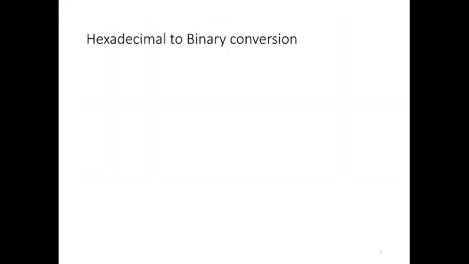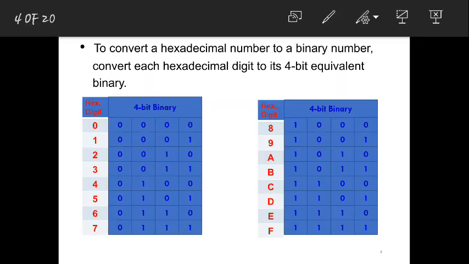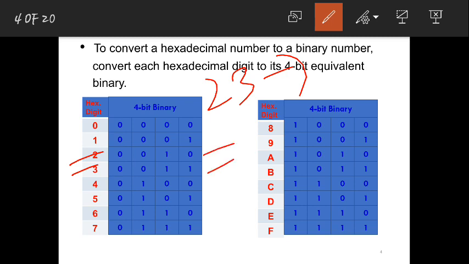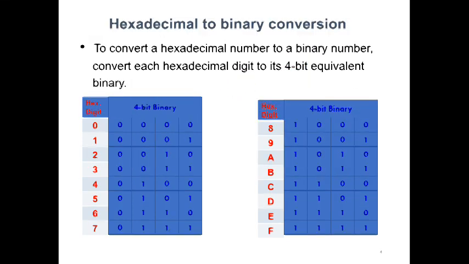So now whenever they ask you to convert from hexa to binary, you can directly write. Whenever they give you some hexa number like 2 3 and ask to convert to binary, take 2 and 3 and just write its binary notations, whatever you have written here. For 2 you write 0 0 1 0 and for 3 you write 0 0 1 1. Is that fine? So this is a simple conversion.